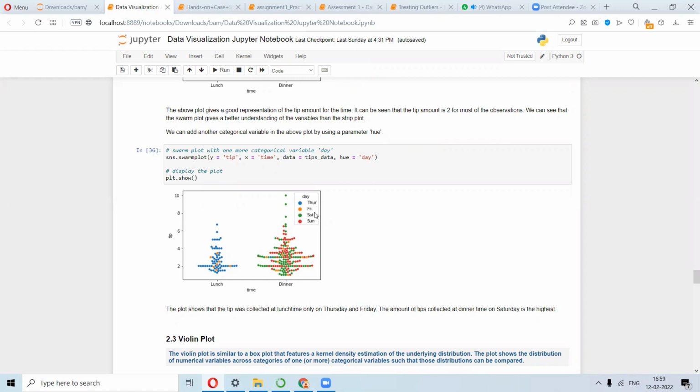Now, I want you to infer in terms of the data what aspect of the data you can explore looking at this graph. For lunch, practically all the people actually come in on Thursday, right? A few of them come on Fridays. Other than that, no one comes for lunch on Sundays or Saturdays. So you don't have any green or red here in the lunch section, isn't it?